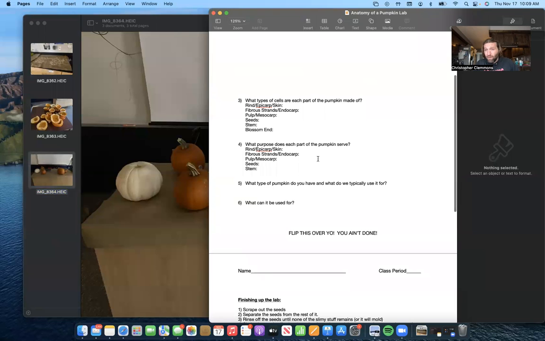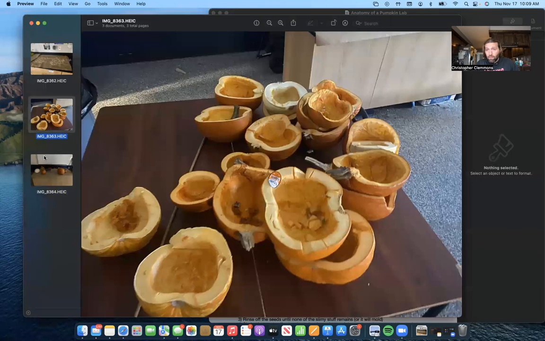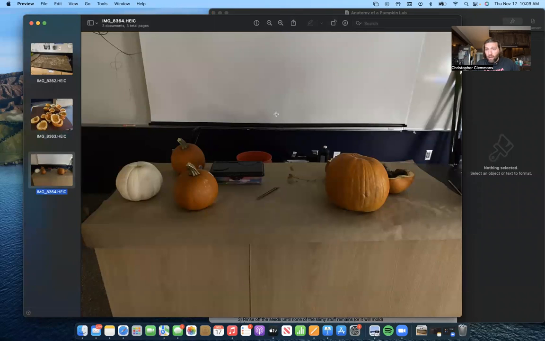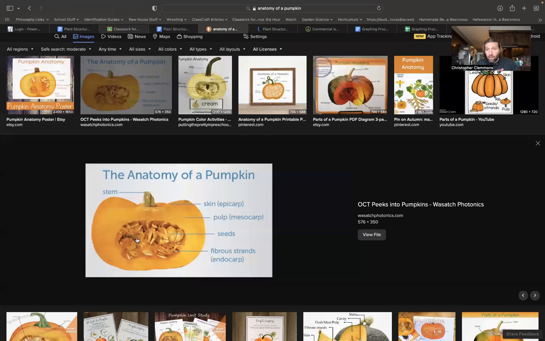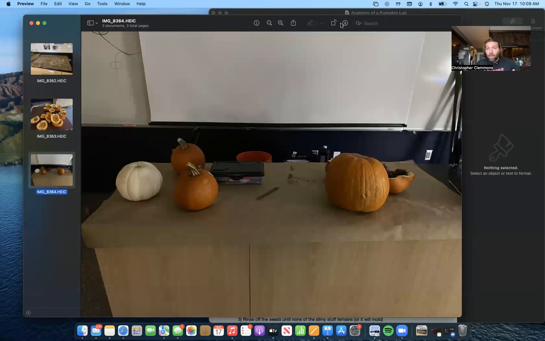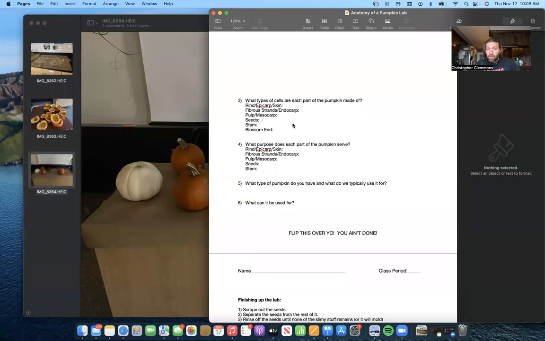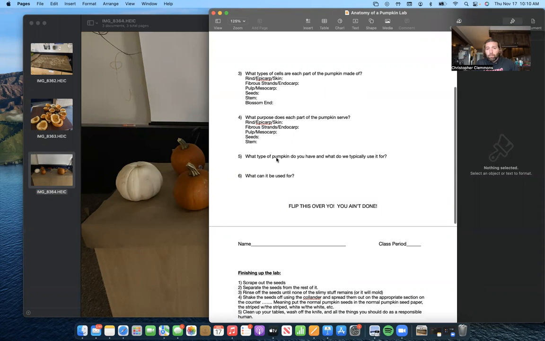There is a purpose, obviously, to the seed. There's a reason why the insides of these have those fibrous strands in there grabbing onto these pumpkin seeds. So if you don't know the purpose of these things, you can use Google. It's okay to do research. That's part of being a human again. Okay. So anyways,